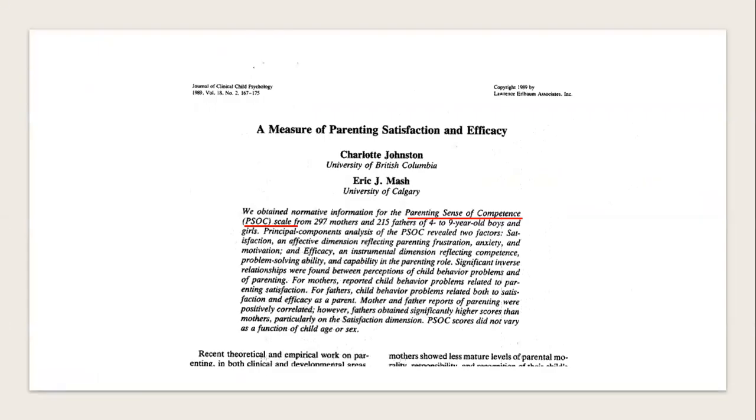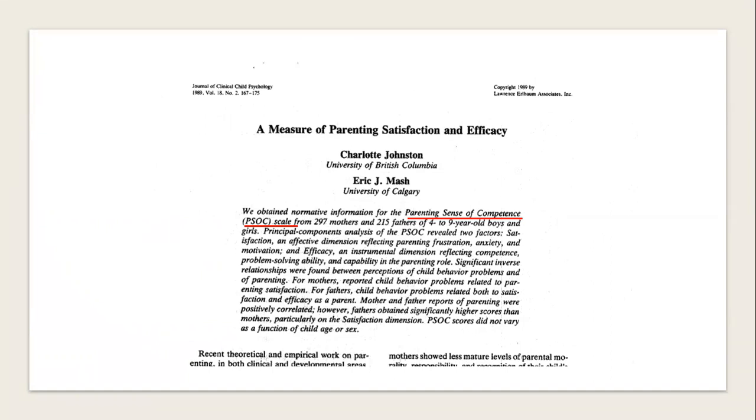So here's the measurement study. And remember, we talked about measurement construction studies in our last video lecture. So measurement construction studies are studies that allow us to learn about measurement tools, okay? And as you can see here, the title says a measure of parenting satisfaction and efficacy. And in the first sentence in the abstract, you see we obtain normative information for the parenting sense of competence